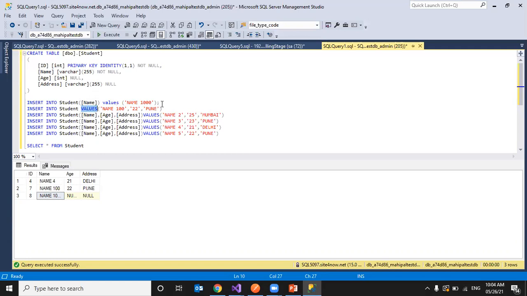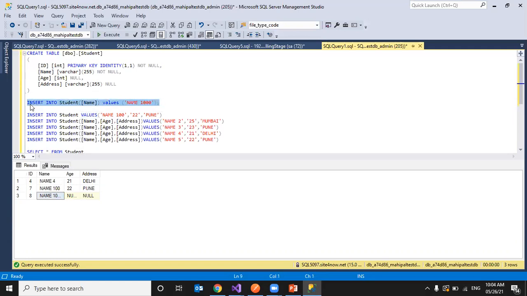Now, I'll tell you one more example. I want to insert only age or address, not the name. Let's see what will happen. I'll just insert age, and specify its value here.